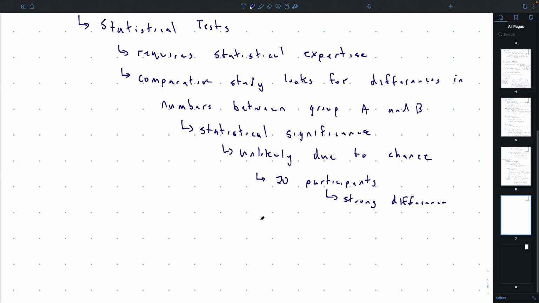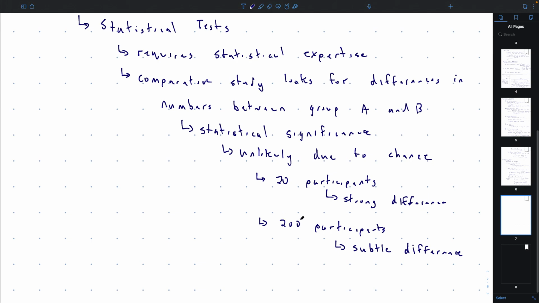So if there's a real strong difference, 20 could be enough, and if it's more subtle, it would be more on the order of 200 participants. When I read security usability papers, I see a lot that use around 20. And then a good study might use 40 or something like that. I don't think I've ever seen one with 200 other than an online study that was fully automated or some sort of field test.